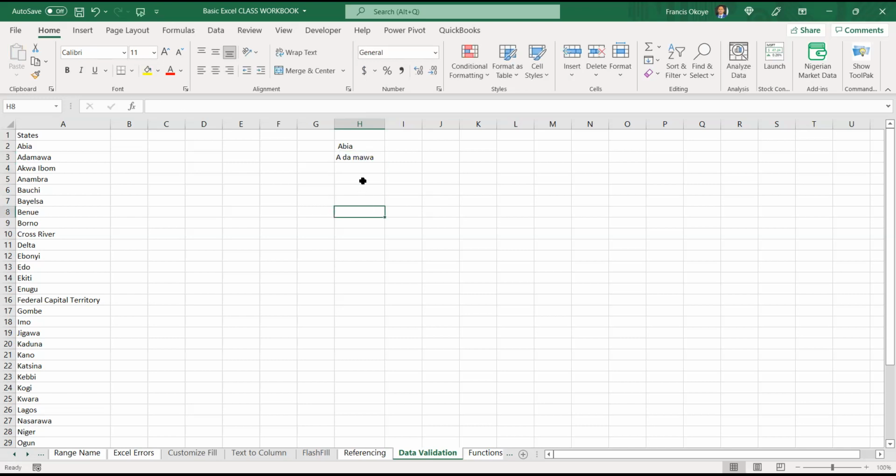And he has typed it too. Somebody is typing Akwa Ibom. Do you know in their minds they have typed the data for? But when you want to analyze this, you are going to cry, you know?